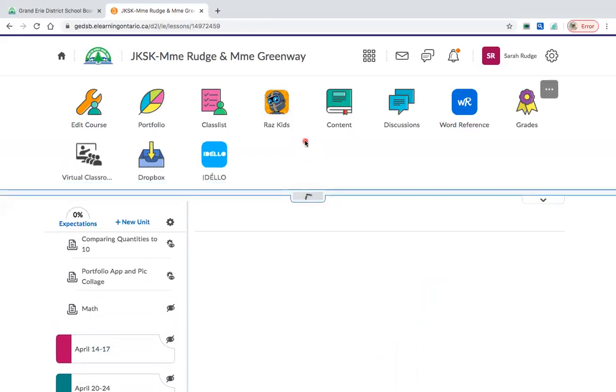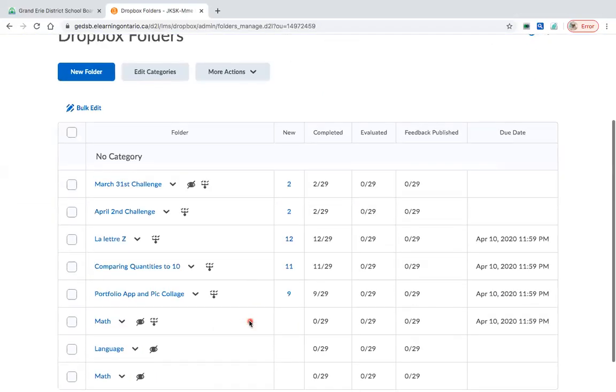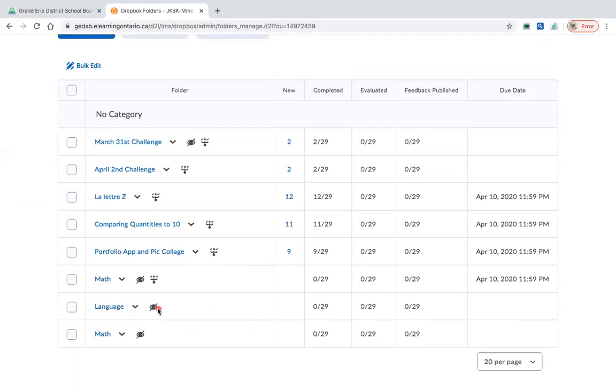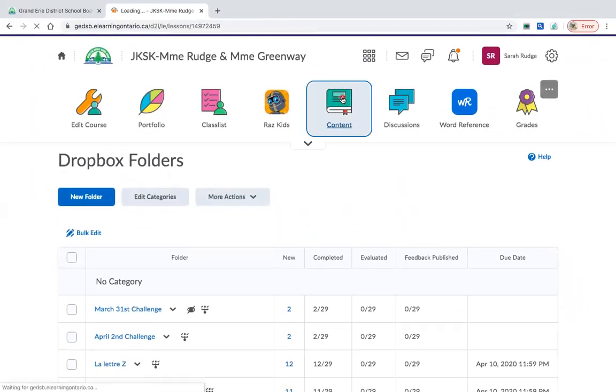To make sure that I didn't make a mistake, I want to see that that language is still there. I'm going to go into my Dropbox and I'm going to search for language. There it is, still hidden and ready to go. If I go back into my content,